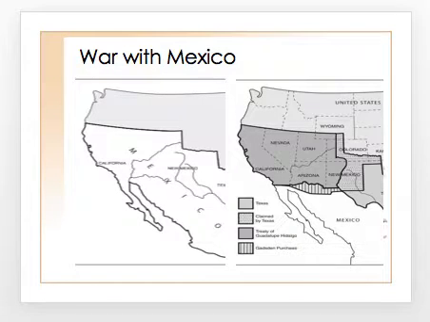We continue into the 1840s, 1850s. We go to war with Mexico. It's really in the war with Mexico that a bunch of our very famous Civil War generals and future presidents gain experience to fight in this American Civil War. This shows you on the left-hand side what was Mexico's. After the Mexican War, this is what we had obtained.